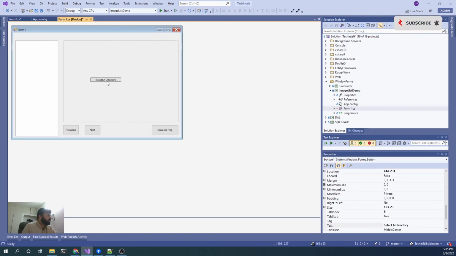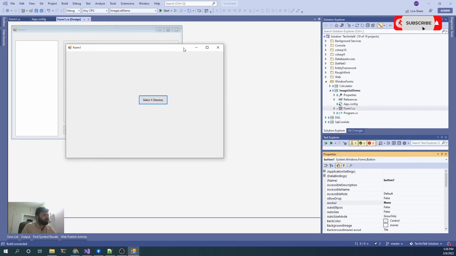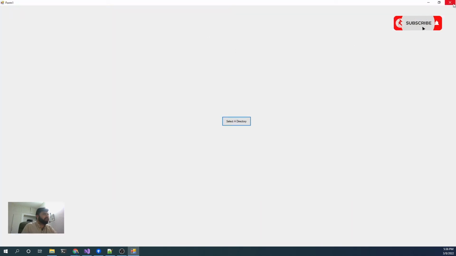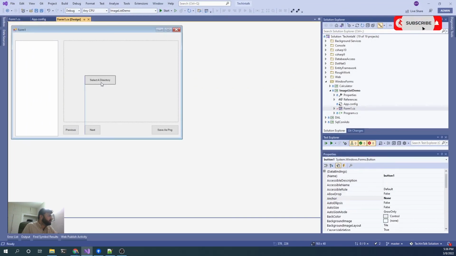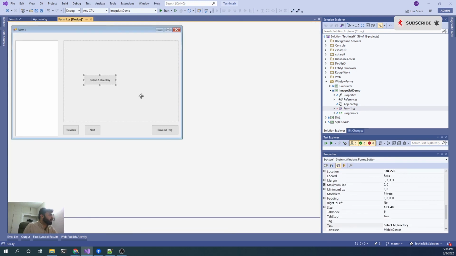And if we make it a little bigger like this, and remove its anchor, disable top left, let's double check by pressing Ctrl F5. Okay, now you can see it still remains at the center, although not exactly in the center, but let's say its center is somewhere like here. Okay, let's double click this one and